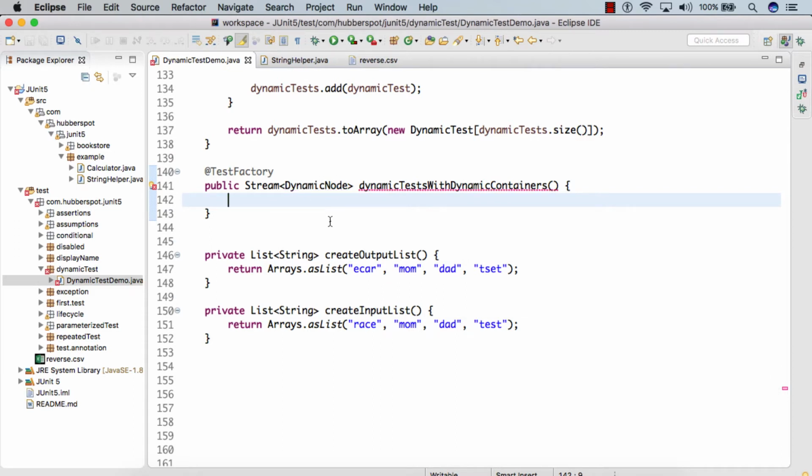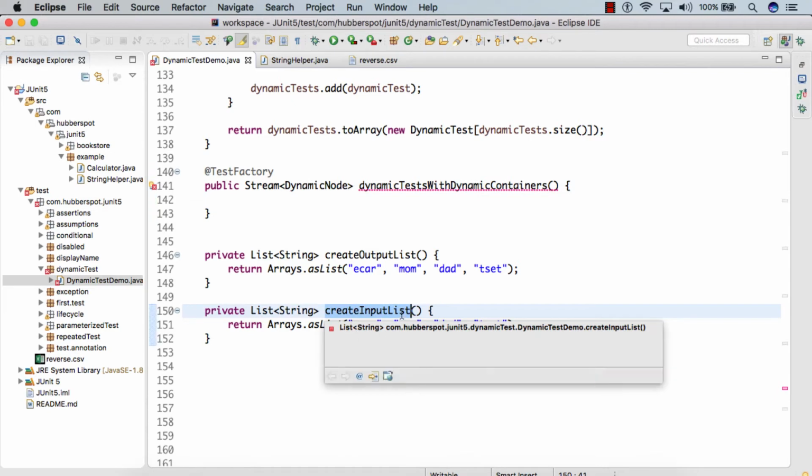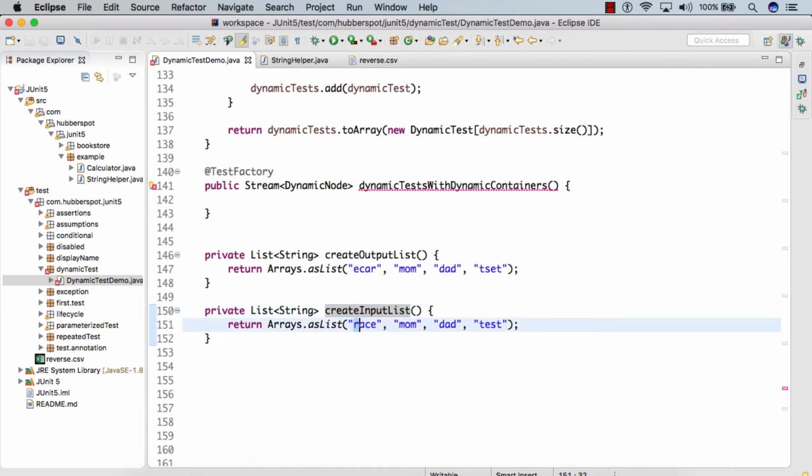So friends, here we'll create a dynamic container which will consist of other dynamic containers and dynamic tests. So let's say we are using this input list having 4 strings. Here we need to return a stream of dynamic node. So for providing the dynamic nature, we use this create input list method.